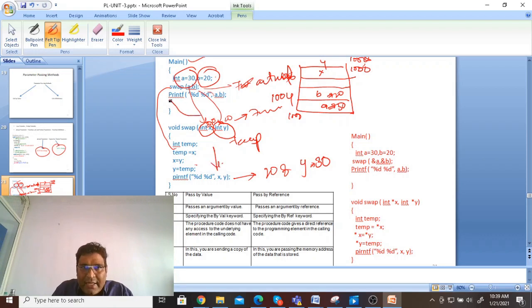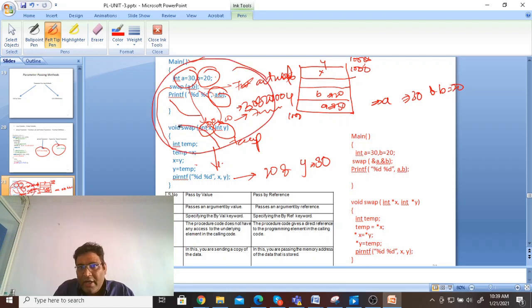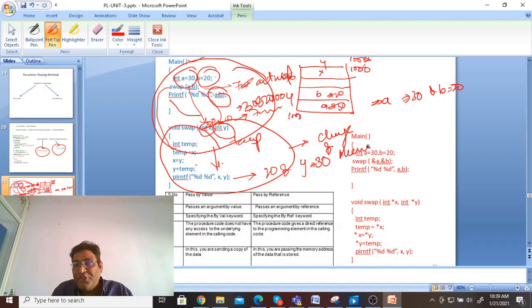Whereas if you go back here, what will the values of a and b be, it is 30 and 20. So what does it mean? A is equal to 30 and B is equal to 20 in the above function. Here the value is passed and we call it formal, and the value is being changed, and the memory location is also changed.